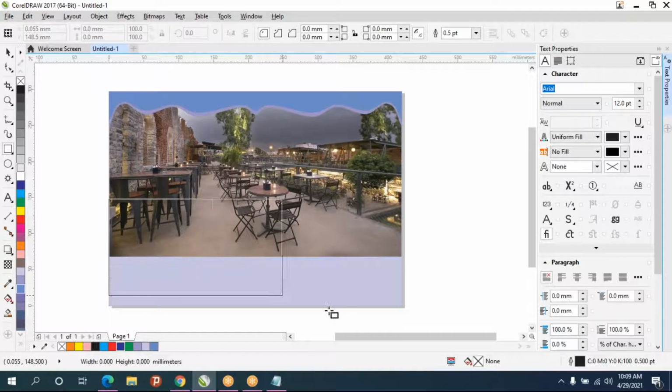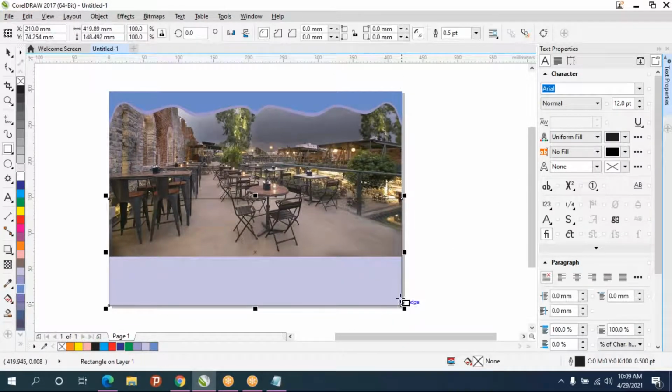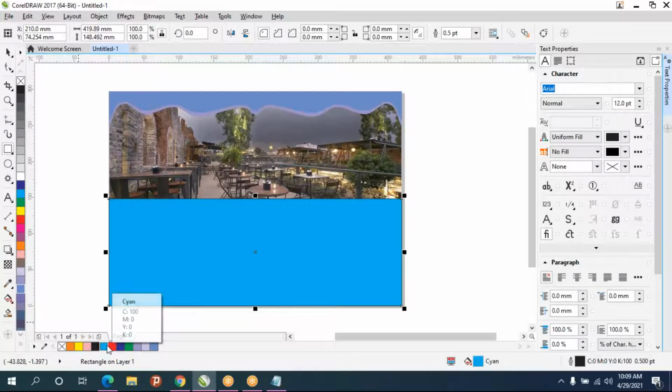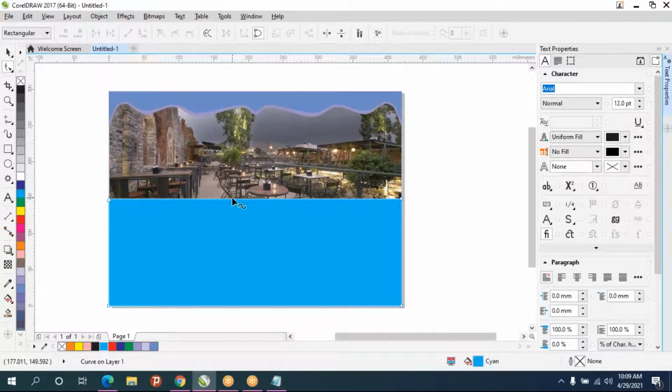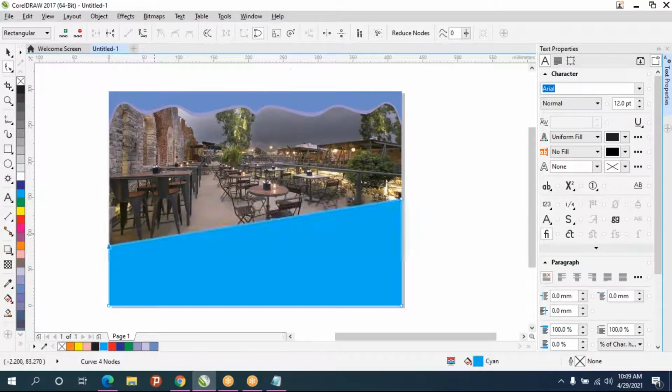I'll draw one more triangle above this. Then fill any color. Press Ctrl Q after taking shape tool and adjust the points. I'll select both the points, make it to curve.